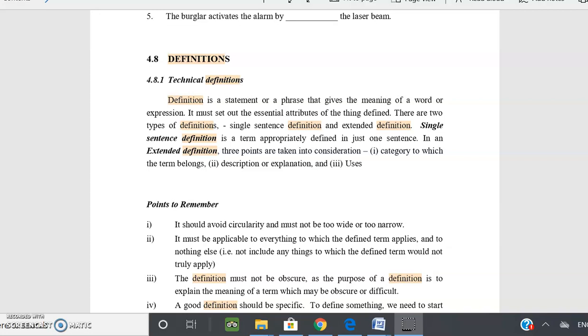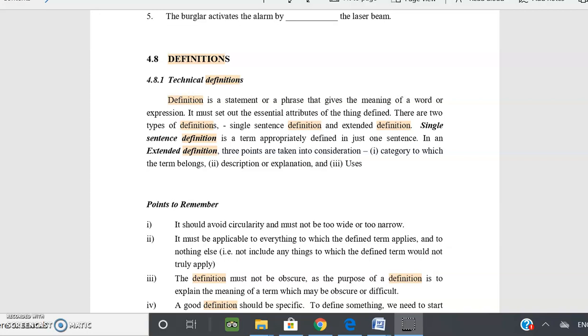Hi everyone. I'm dealing with the fourth unit, where we have objective type questions under the category vocabulary. First thing I'm going to discuss is definitions, how to write definitions. Number two is compound nouns. Third one is causative verbs, and the last one is double negatives. All these are very simple things, so I thought I'll cover them in 15 minutes.